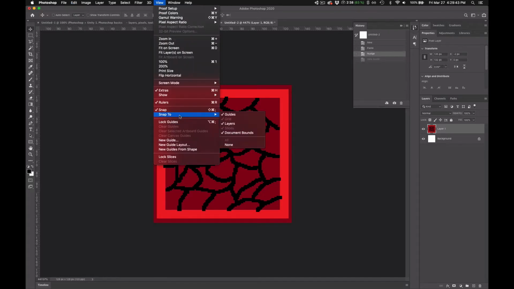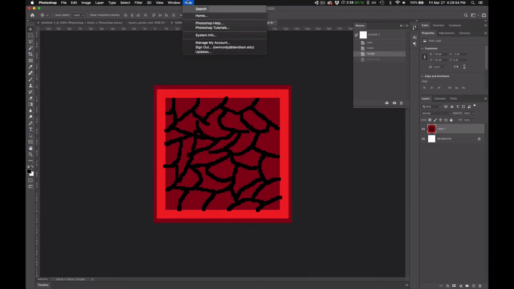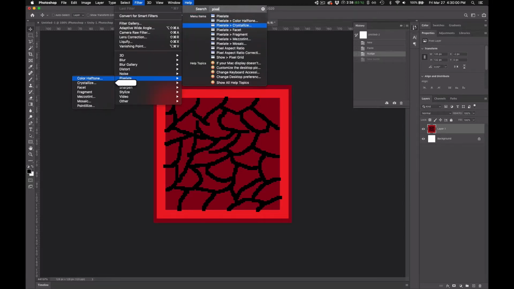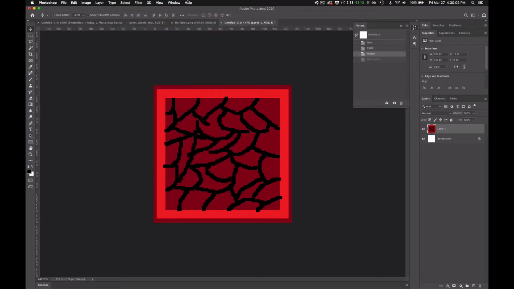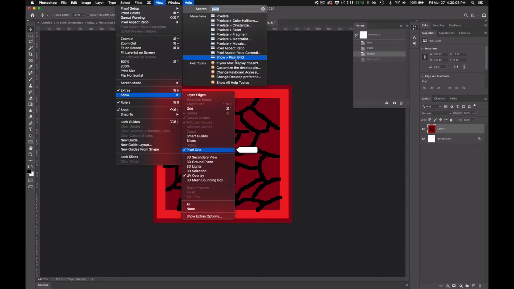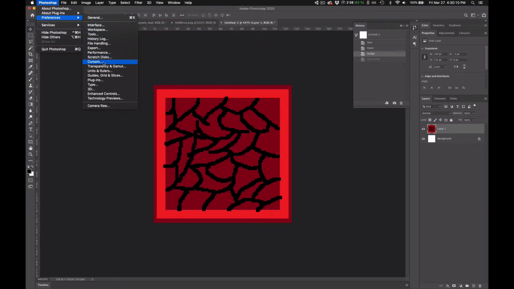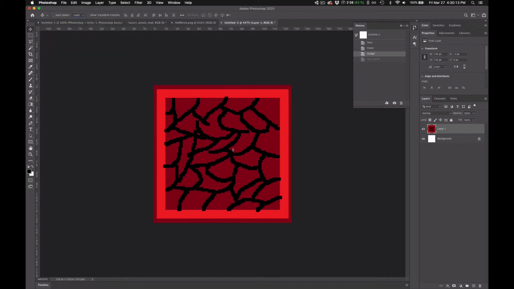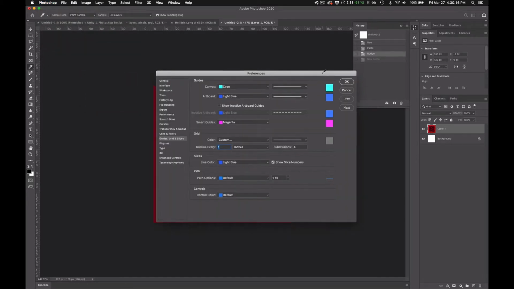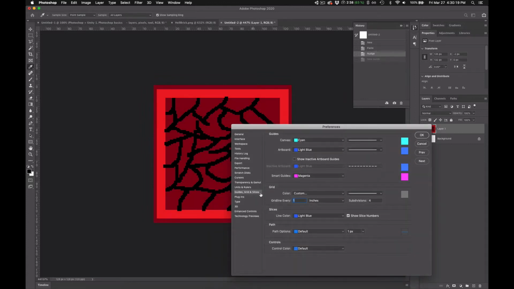And I'm going to snap to... I guess I've got snapping on. I want to snap to pixels. Let's show the pixel grid. I think that'll help a little bit. So, great. And I think under preferences is where I'll have to change my grid settings so that this actually shows up. So one grid line every pixel,